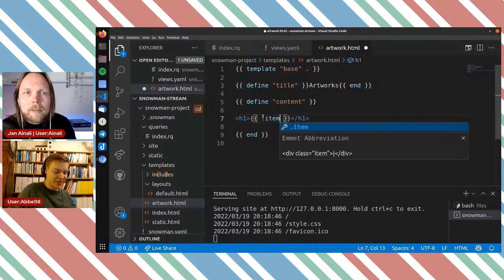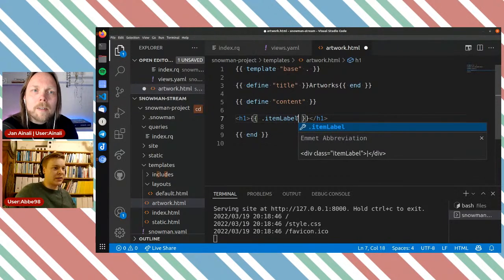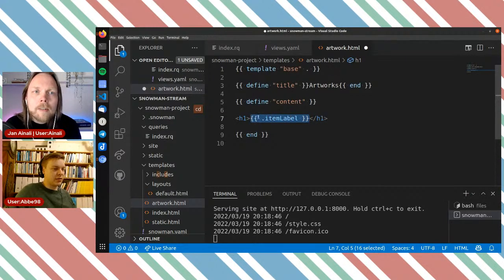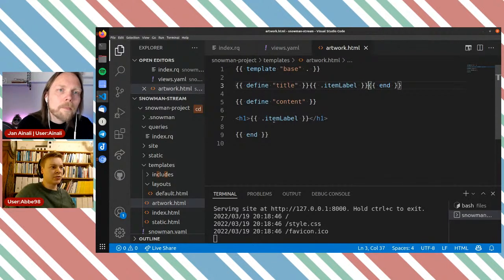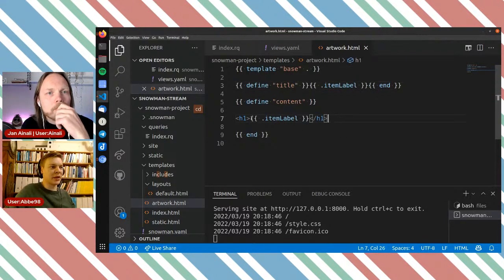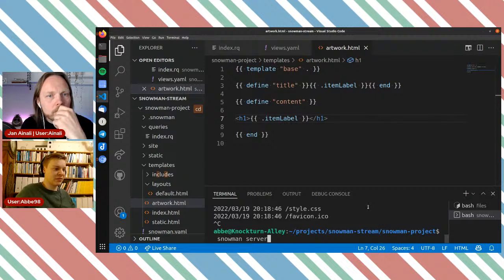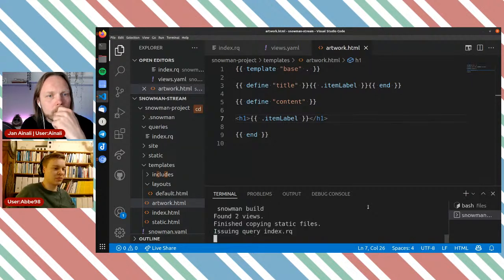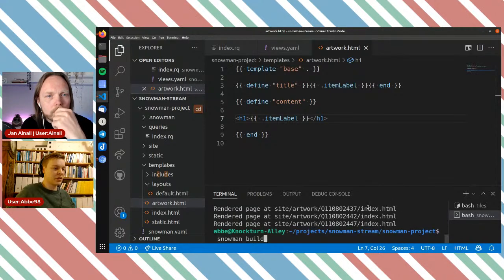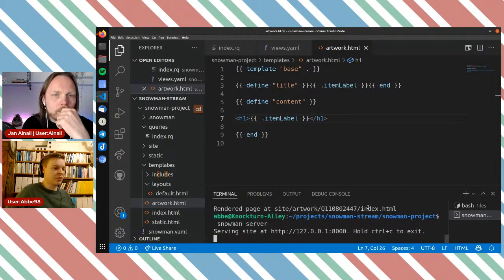Item label, we call that. And I also want that as the page title. So let's just run that. That should simply give us a page for each artwork with just the header as the template. Let's see if we can run that. So that would be Snowman build to make the page and Snowman server to run it.